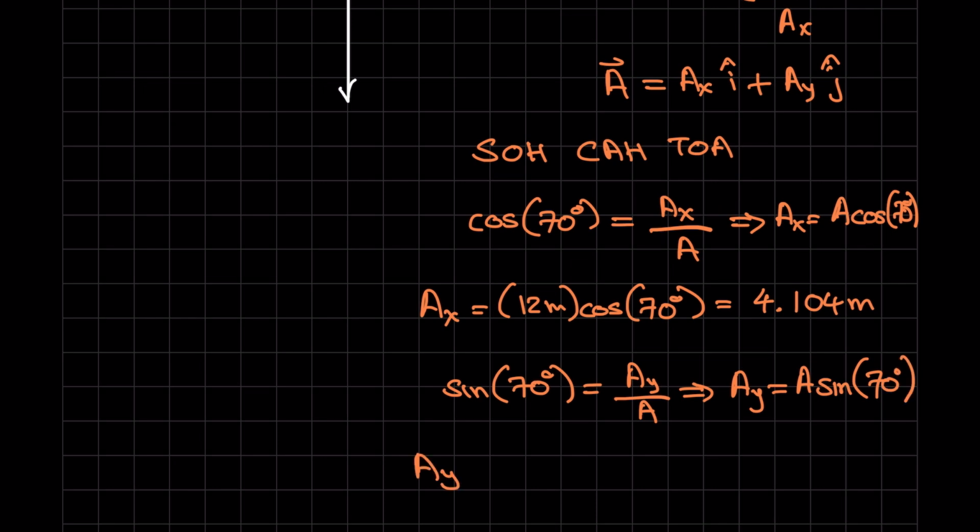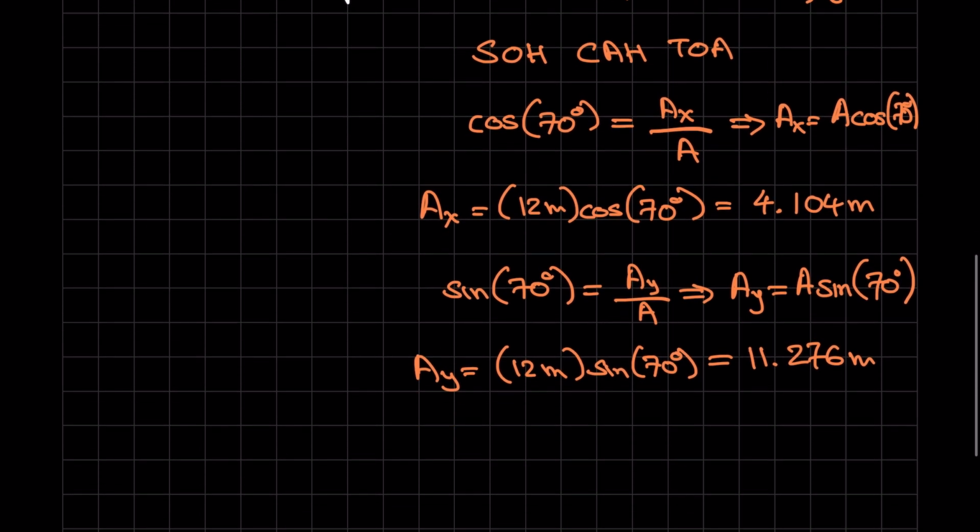So ay is equal to 12, the magnitude of A, times sine of 70 degrees, which is 11.276 meters. As a reminder, make sure your calculator is set to either degrees or radians, depending on what you're using. In this case, we're using degrees, so make sure it's set to degrees,